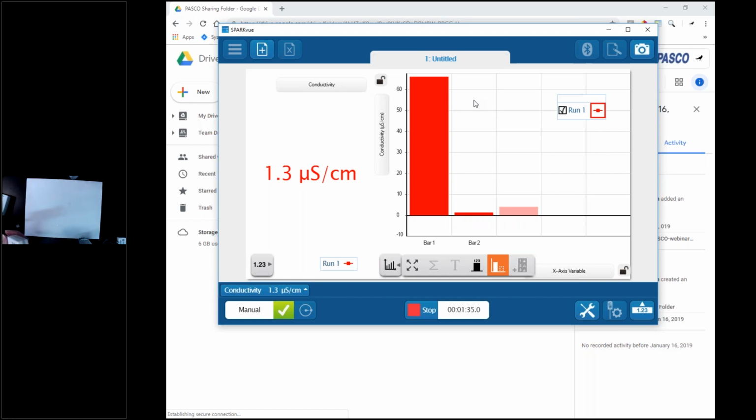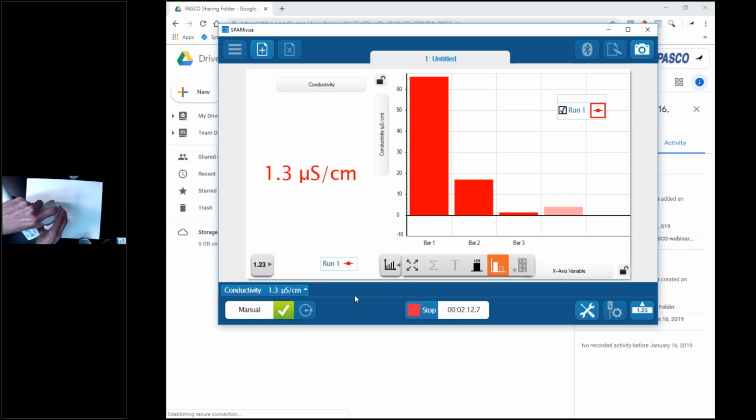I have some pond water that I collected yesterday before it started raining from right here at PASCO. I'm just going to see what the conductivity is from pond water on our campus location. It's much lower than tap water, so there's not too many dissolved ions in our pond water. I'm going to check that to keep it. And then what I did is today it's raining, so I went back out to the same pond and I wanted to see if there's a change in conductivity, because if there is, then that could mean that there's a lot of erosion of the land around the pond and some ions are dissolving into the water and changing the